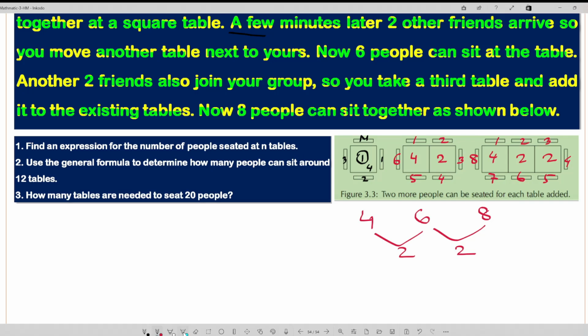Now our question: find an expression for the number of people seated at n tables. So first table, second table, third table. But if we want the nth table, what is the expression? Let's start. So this expression we can find 2 ways. First method,